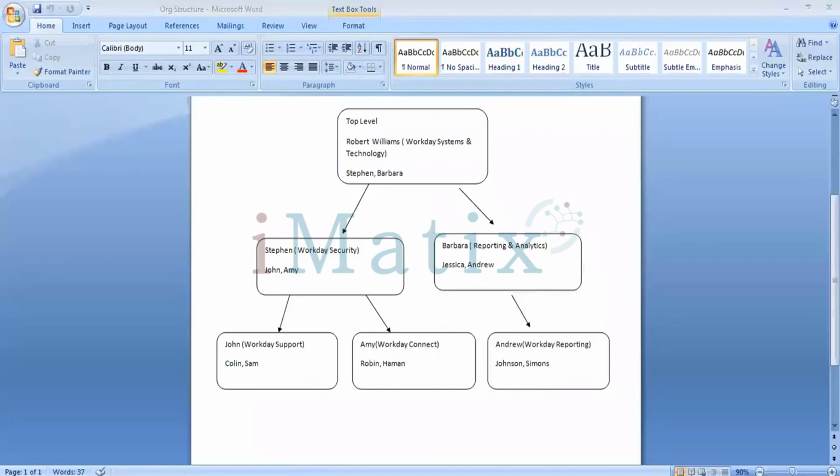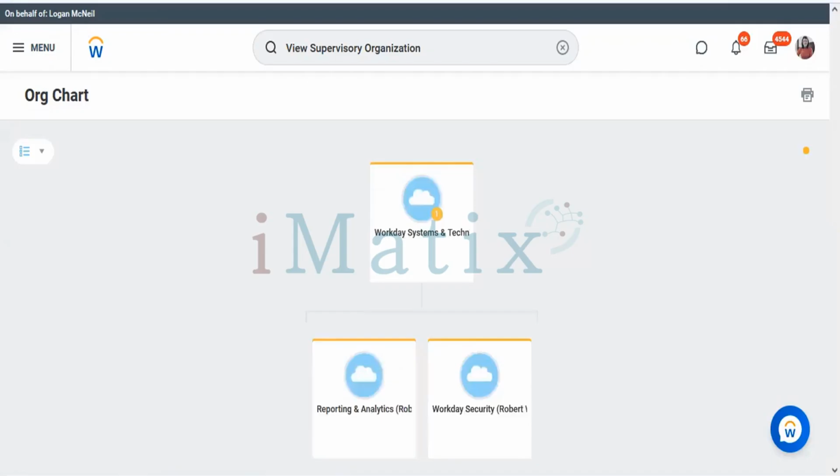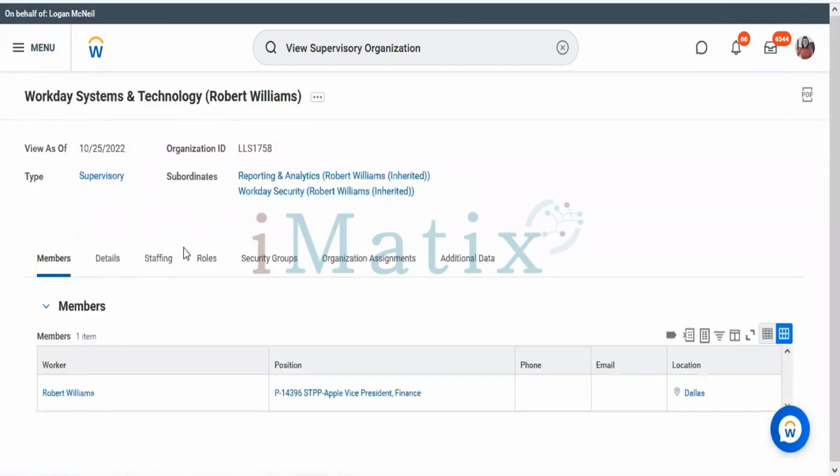What are those things that will be getting inherited? From yesterday's session, what are the things that will be getting inherited when you create supervisory organizations? Roles, cost center. Roles is one thing, but we made Robert a kind of manager. Manager has a role.